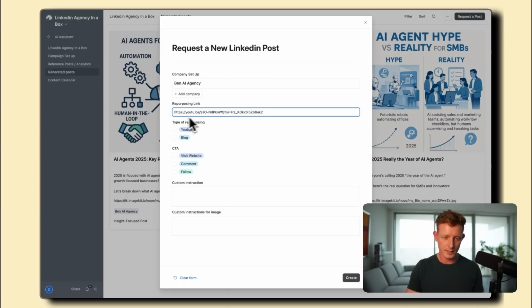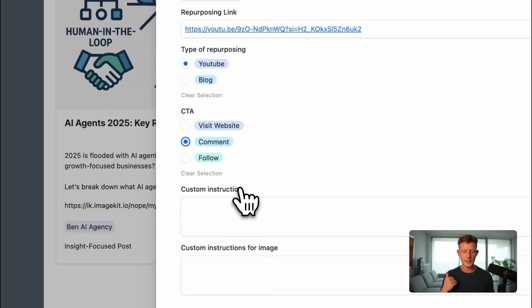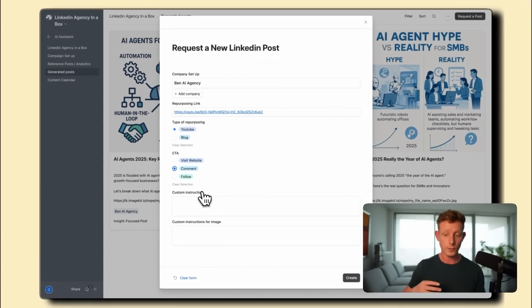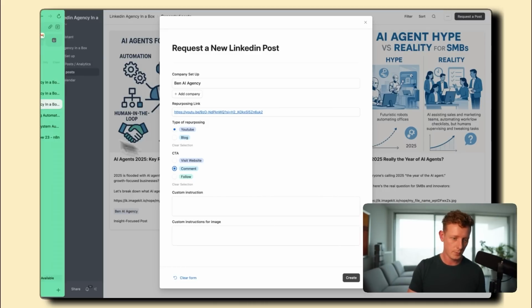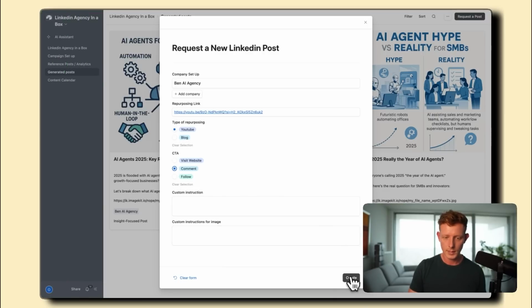I'll put it in here, and then I select YouTube, and then I can also decide which type of CTA I want to use. So let's do comment. And then I can also add custom instructions for the post generation, and also custom instructions for the image generation. I'll leave it empty for now. Now let me show you what's going to happen in the backend. So if I click on test workflow and I create this,